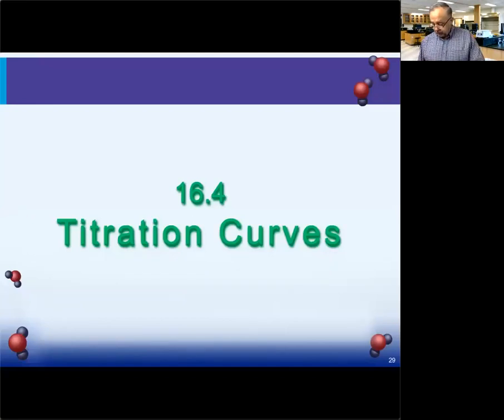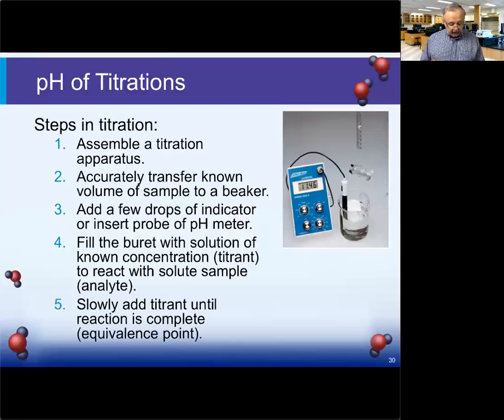Okay, so as I said, we're going to look at titration curves again. A titration curve is a curve that is obtained by plotting pH versus the acid or the base that we're using to titrate. So in this case, we're talking about acid-base titrations. So we either titrate an acid with a base or a base with an acid. For the titrations, we will need to have,